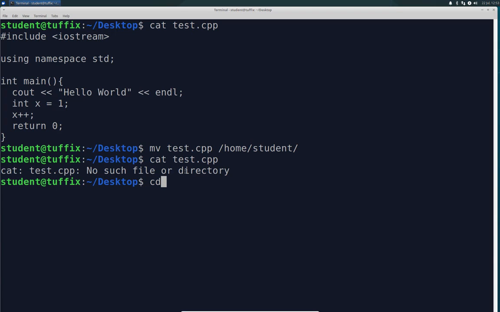Now, as I've showed you before, we can use cd to go to that directory. And since the home folder is below us, we can just use cd and then two periods. And then we can cat the file again, like normal,